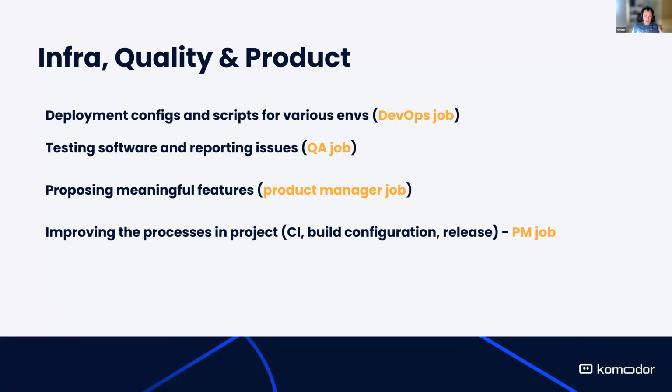You can be consistently testing functionality of the software and reporting the issues. That is something that teaches you to do a QA job if you really want to start your career from that. You can be proposing meaningful features and being a product manager, basically, for the project, explaining how to turn feedback from users into actual product requirements and features to implement. And that will also progress you through your career without writing any code.